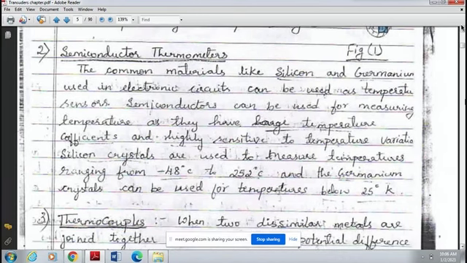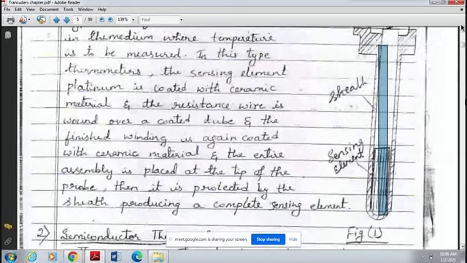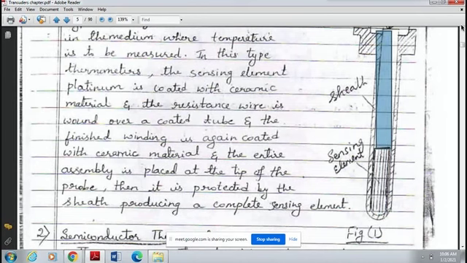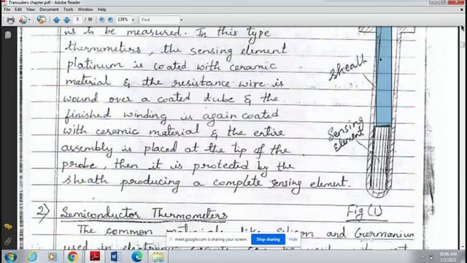Okay, so these are the semiconductor thermometers. Here, we don't have to explain how it works and all those things. All the temperature resistance detectors, like all the temperature transducers, work on a similar principle. Here, in place of the platinum, you're going to place these materials inside this probe.